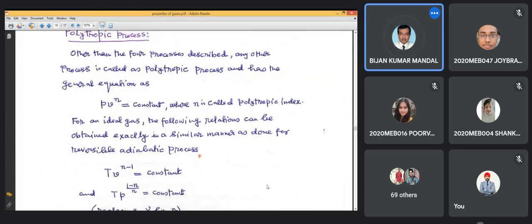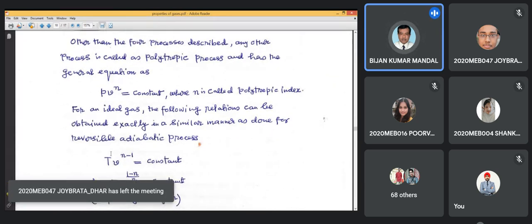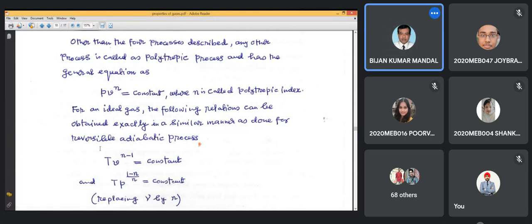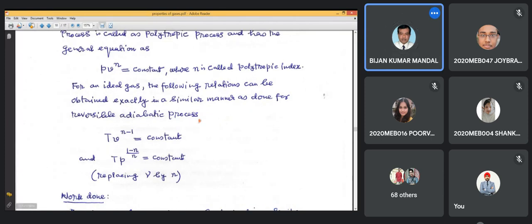Let's see then. The similar equation we can get for an ideal gas. We have again Pv is equal to RT, and in a similar way as we did for an adiabatic process, we can get these relations by simply replacing gamma by n. So this is the relation Pv to the power n is equal to constant between pressure and volume. Similarly, if you eliminate the pressure P using Pv is equal to RT, you will get Tv to the power n minus 1 is equal to constant. And if you eliminate V, you will get Tp to the power 1 minus n is equal to constant.